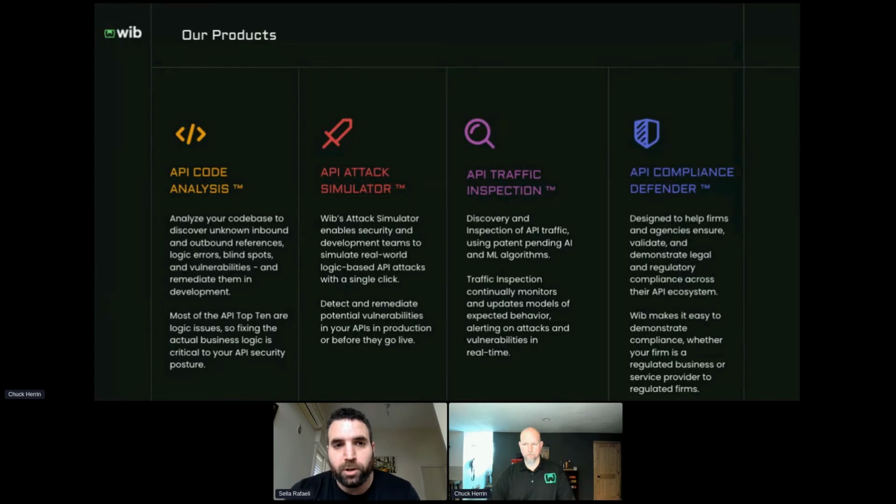So we start with the development, because in the code is where the APIs are defined, and you have to have coverage of what's going on in your code to make sure you have visibility into all the endpoints in the code, and that all the endpoints that are defined in the code are secure from an API perspective. This is difficult because the security team does usually not control the development pipeline,